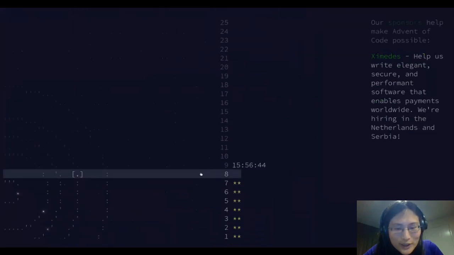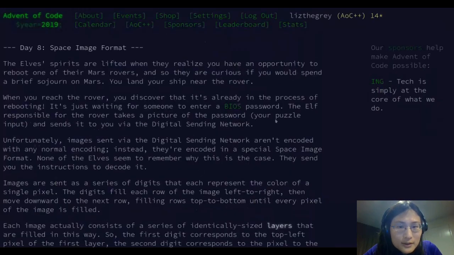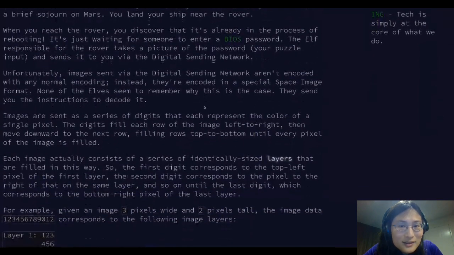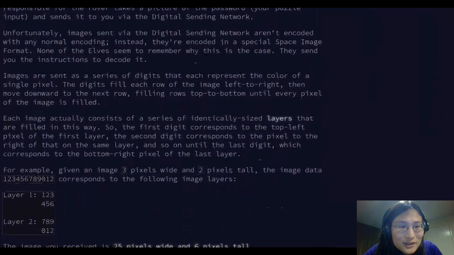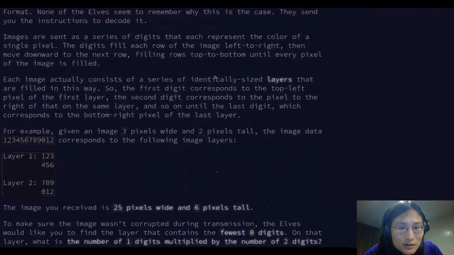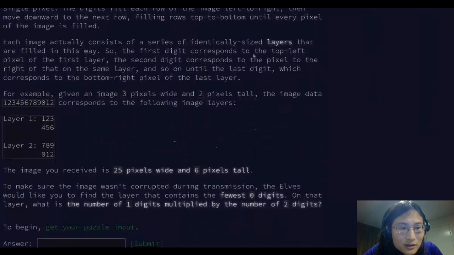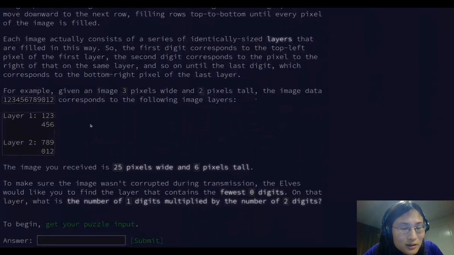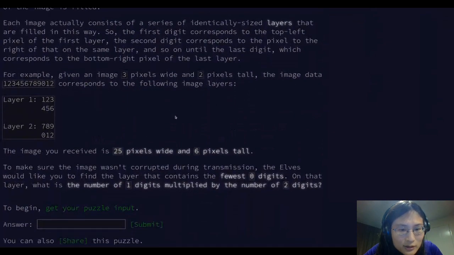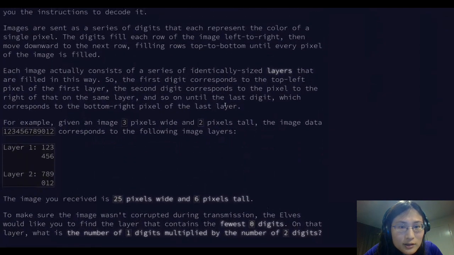Okay, day number 8. All right, space image format. Okay, so there's a certain number of image layers, and we want the layer that contains the fewest 0 digits.